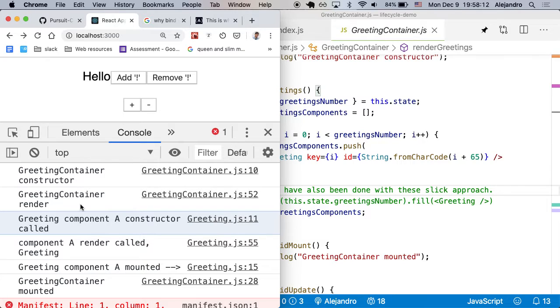Yes, children of children will render before children. So you mean like grandchildren will render and be mounted before the children, yes. Mm-hmm. It goes like, if Greeting had a child here,